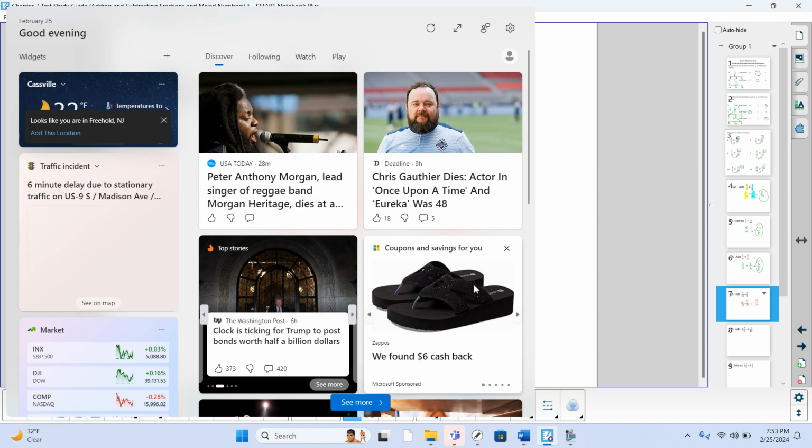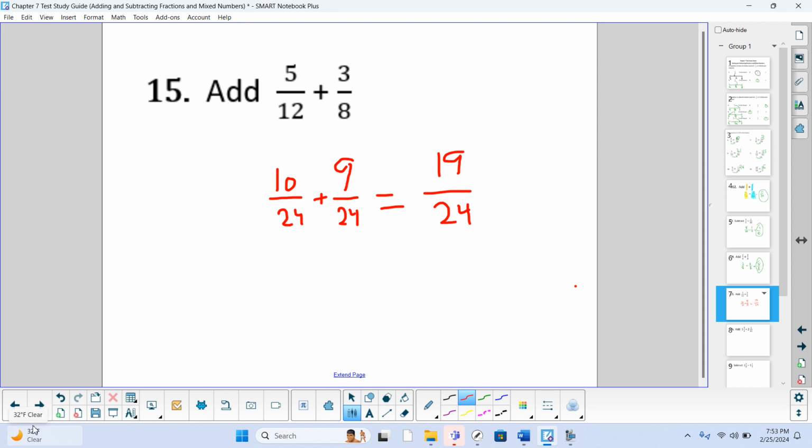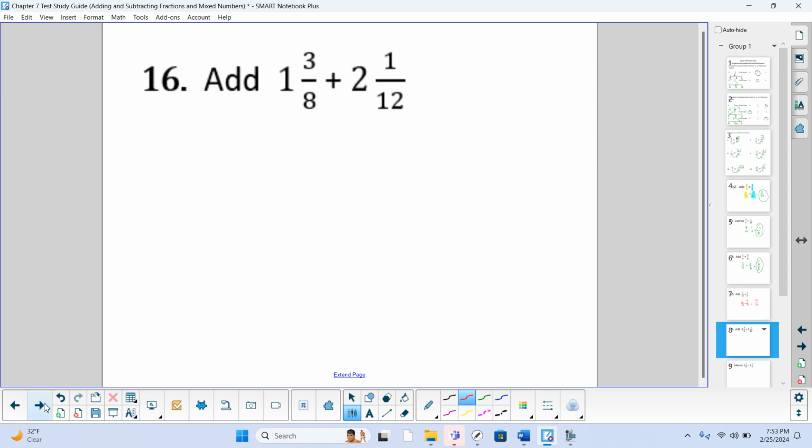For number, what is that? Sorry about that. Number 16. 1 3/8 plus 2 1/12. Before I do the problem, I have to change this to improper fractions, or fractions greater than 1. 1 times 8 is 8, plus 3 is 11. So this is 11/8. Plus 2 1/12. 2 times 12 is 24, plus 1 is 25. This is